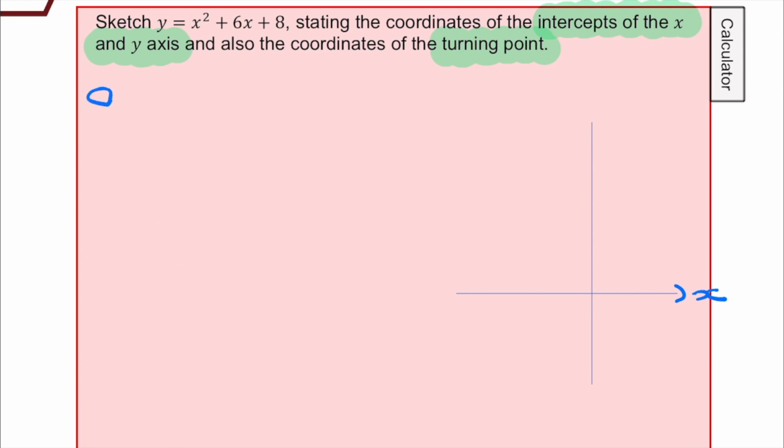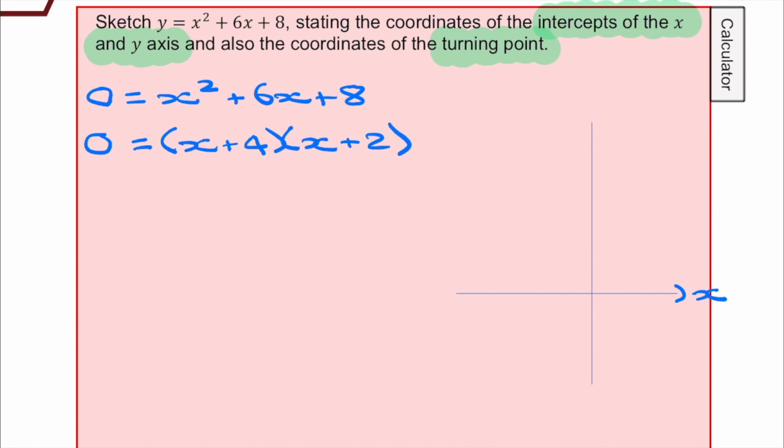So we're going to set our y-coordinate equal to 0. Because of course, if you're on the x-axis, your y-coordinate is 0. You're not above the x-axis, you're not below it, you are on the x-axis. So y-coordinate's always 0. We can try and factorise this, and we spot quite quickly that it does factorise nicely. We're just going to get a positive 4 and a positive 2,